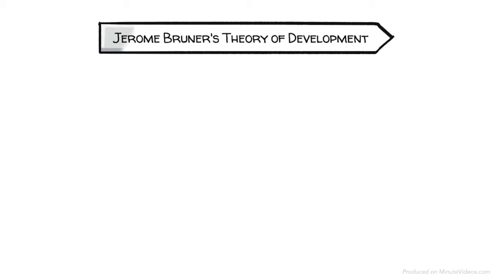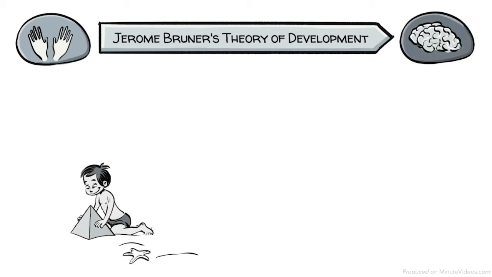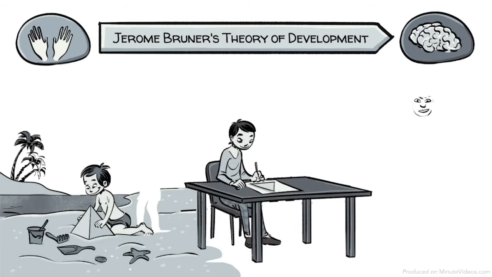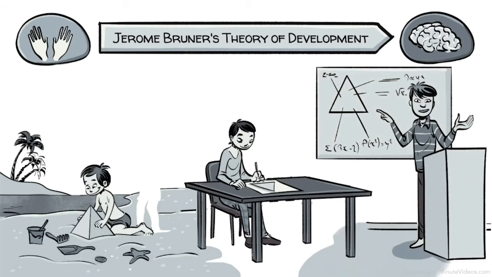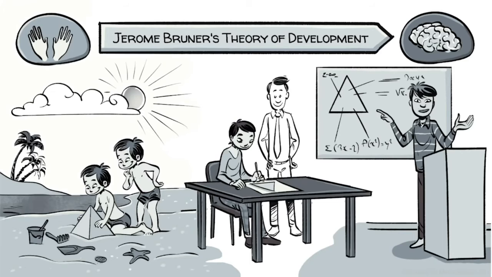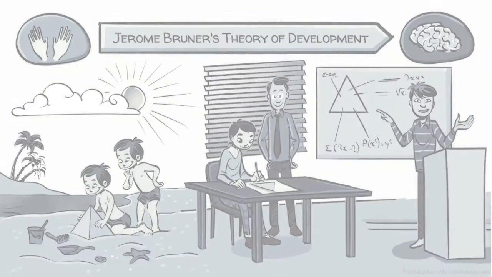Jerome Bruner's theory of development is based on the assumption that we learn best when we go from concrete to abstract in a three-step process. First comes hands-on action, then learning with images, and finally students transform what they've learned into language. Throughout the experience, we constantly revisit previously learned topics, while teachers provide carefully structured guidance along the way. And it seems to work.